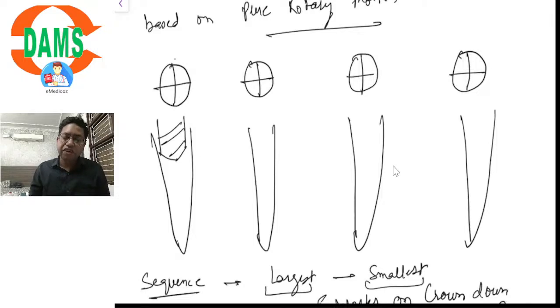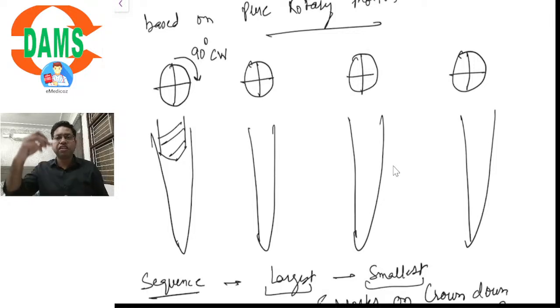Okay, and we rotate it 90 degrees clockwise. CW stands for clockwise. You would take the largest file to bind in the coronal 1/3 and rotate it 90 degrees clockwise. The file is like a screw, it would engage the walls of the root canal. Now you would rotate the file 270 degrees